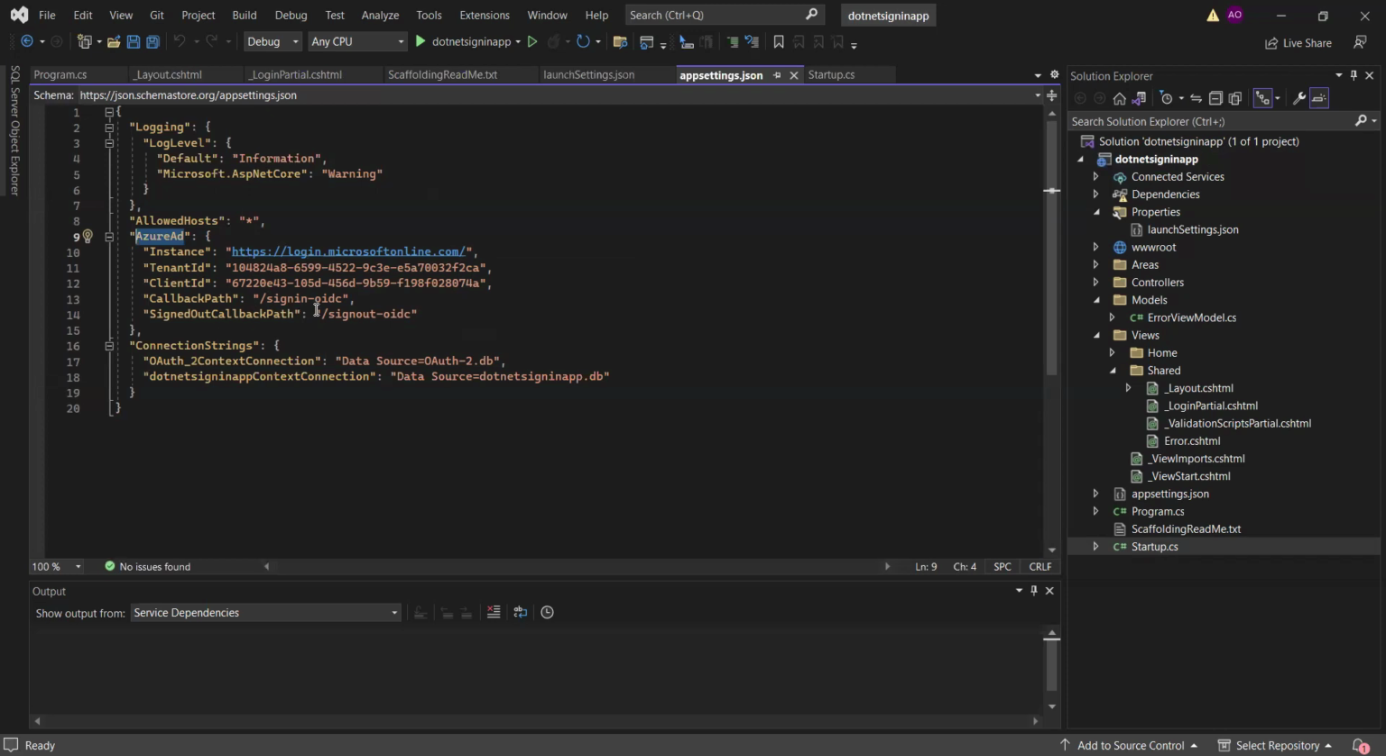Then the callback path and the sign out callback path are two interesting things. You can see that we have OIDC here. This OIDC was given to us from Microsoft documentation, and it stands for OpenID Connect. So OpenID Connect is a standard that works hand in hand with OAuth, and it's more tilted towards authentication. So that's why we are making use of it as a protocol, as a middleware, before we can sign in